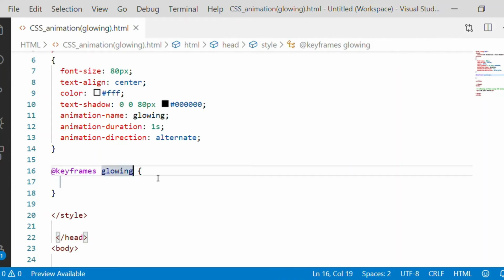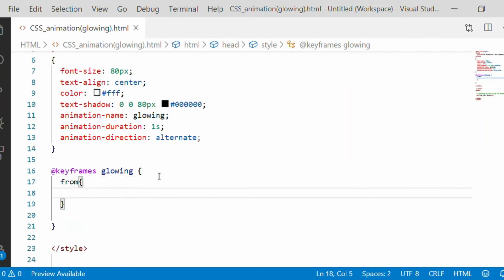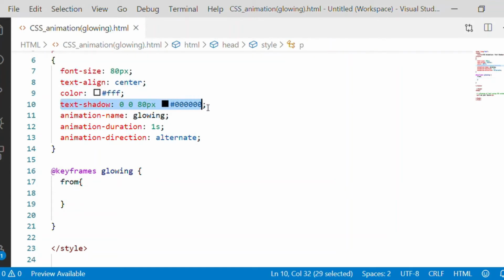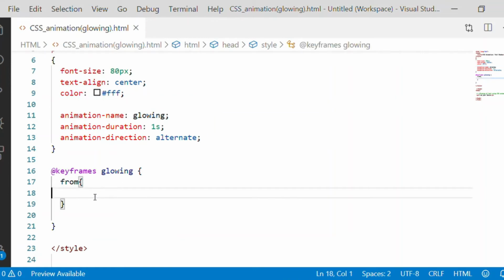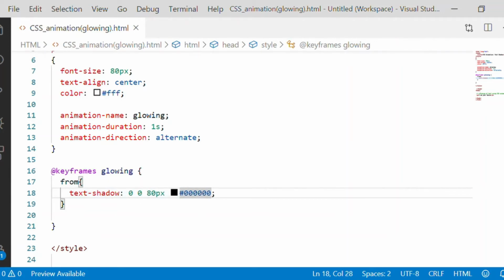For the keyframes, we will associate the animation name, that is glowing, and from one text shadow color we have to migrate to another text shadow color. So from text shadow to text shadow is the action that we have to do on the animation.